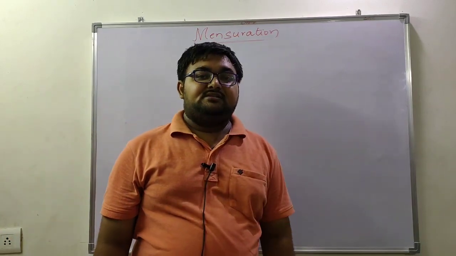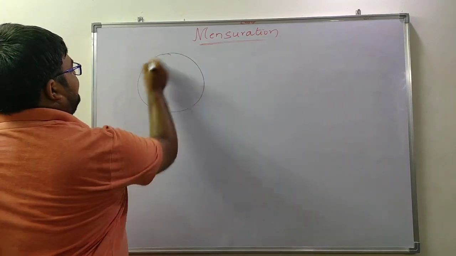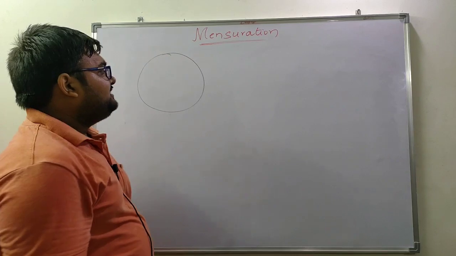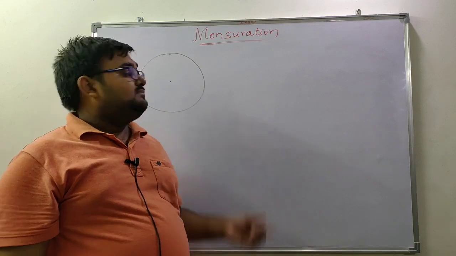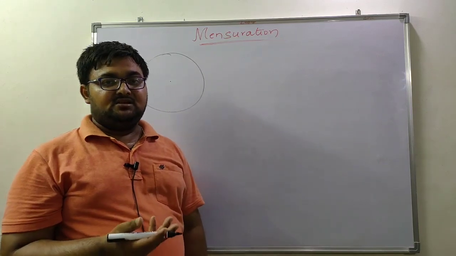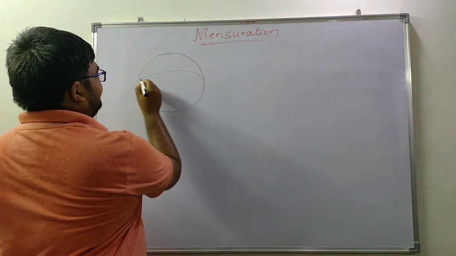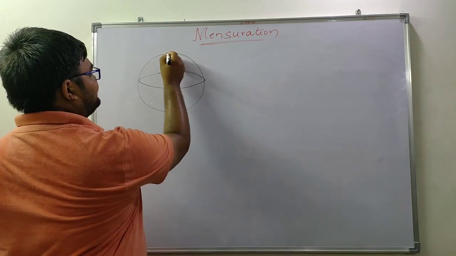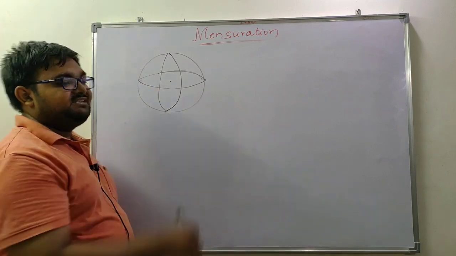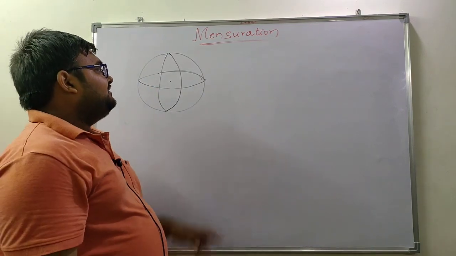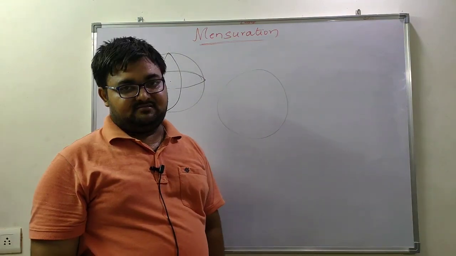Okay, next we are going to discuss about sphere. So what is meant by a sphere? A sphere is nothing but a solid figure which is having the locus of the points which are equidistant from a given fixed point in space. So in space, if you take all the points which are equidistant, then generally the sphere is represented like this. If you want to represent this as a solid, we are going to represent it in this particular manner, right? If you represent only in this particular way, this is nothing but called a circle.